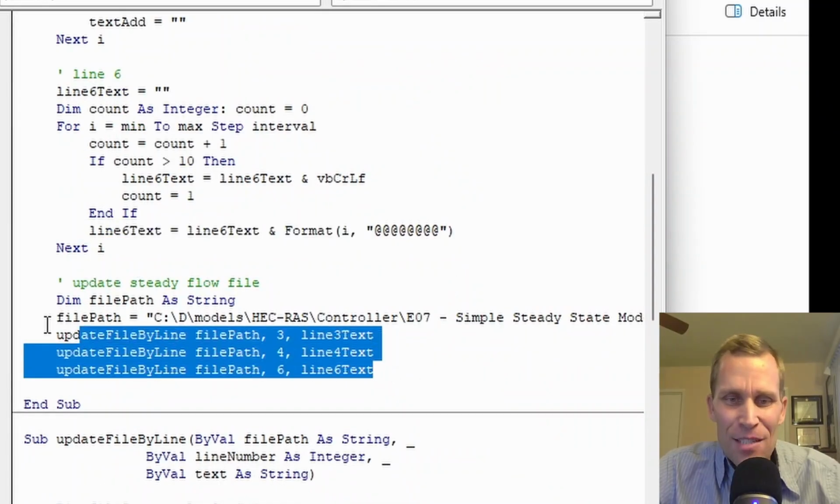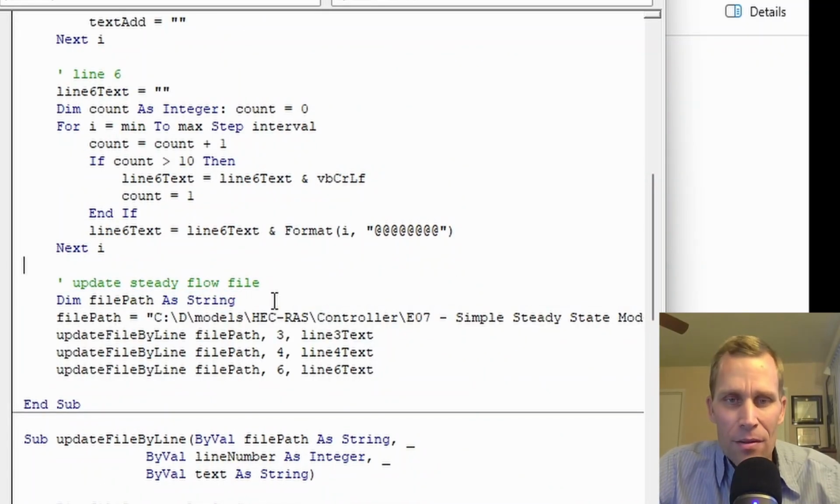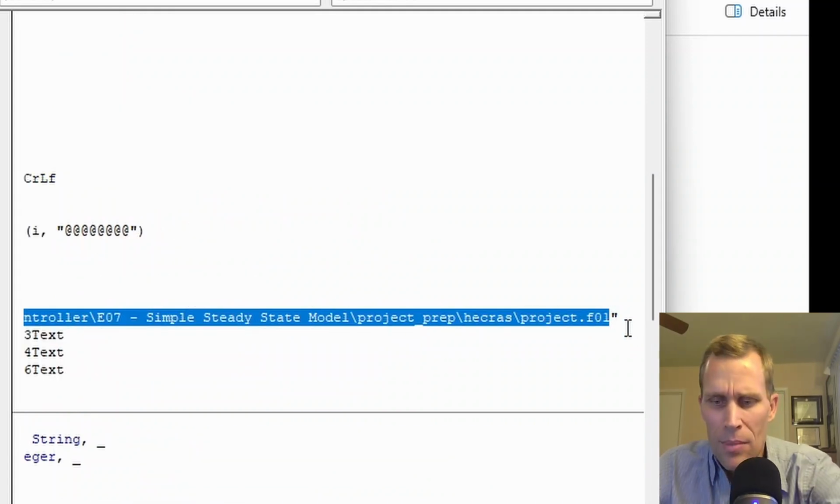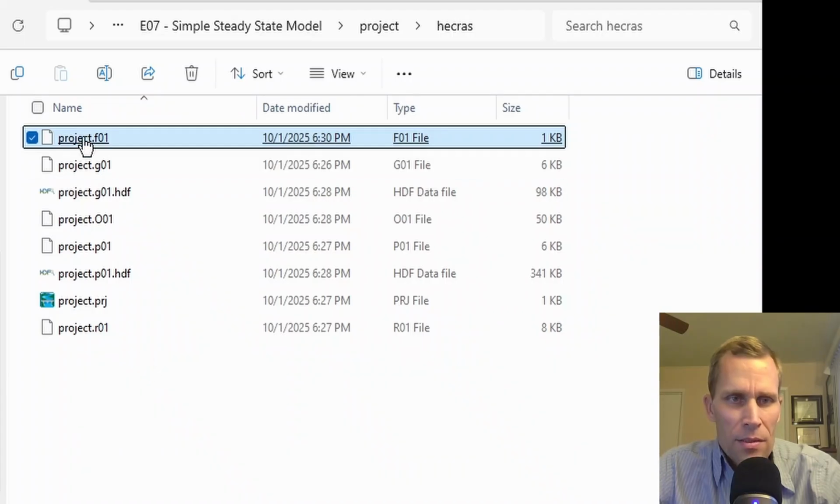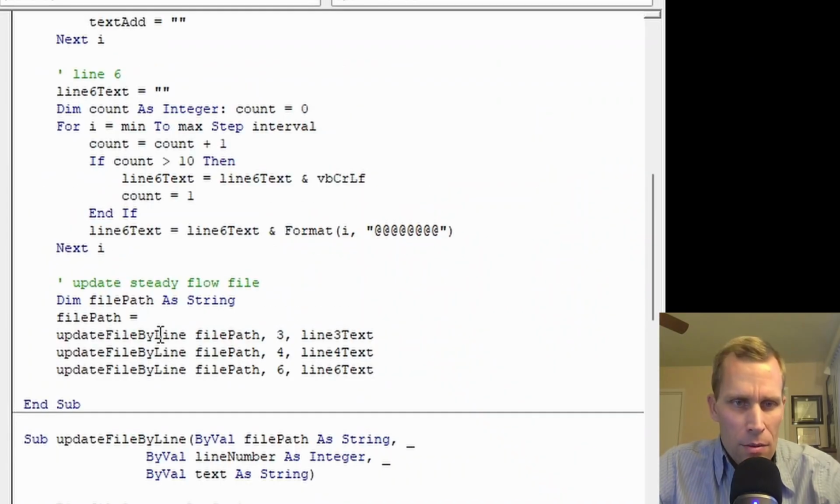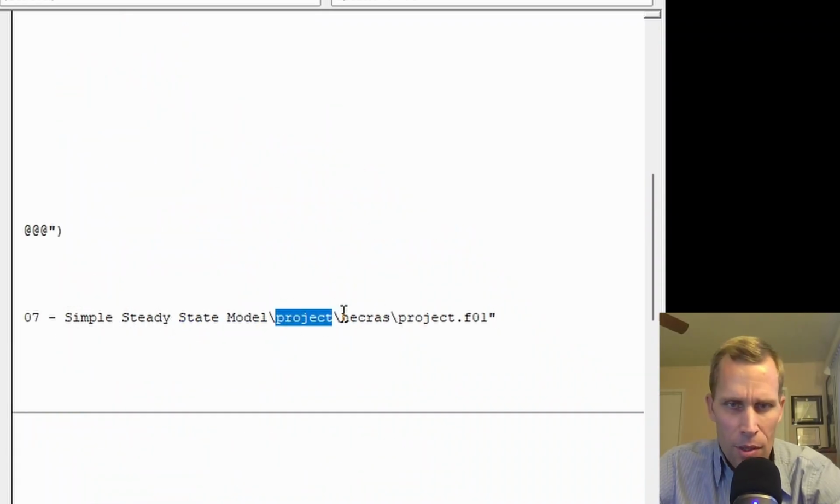And then finally, the last part of the subroutine is to actually update that file. So this is the file path. In fact, this is something I think I need to update because this was from my preparation. I'm going to go to the file itself and then right click and copy as path. Okay, so let's go back here and paste. So I think that's correct. Project HECRAS